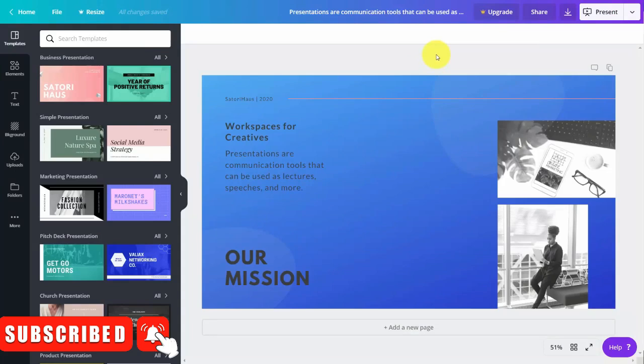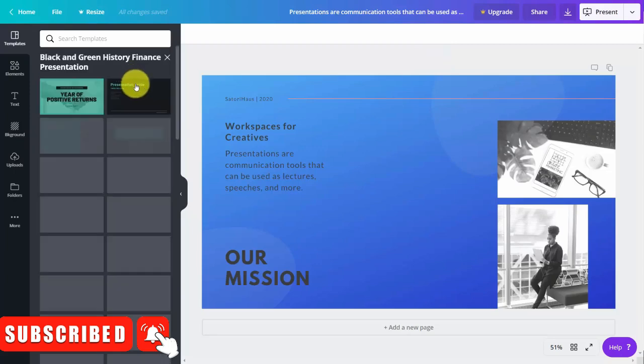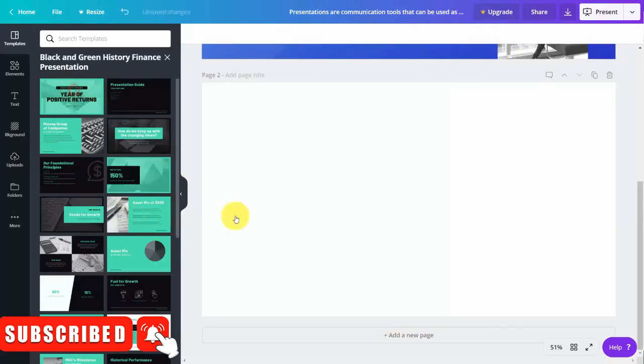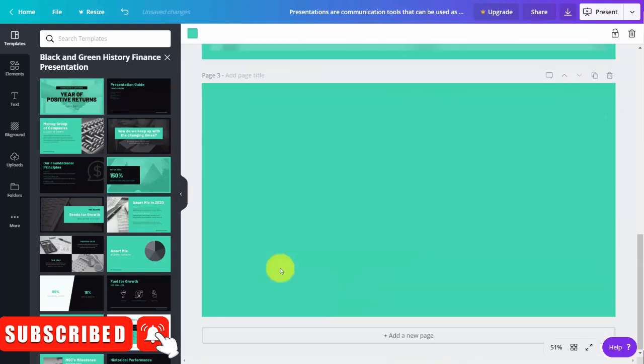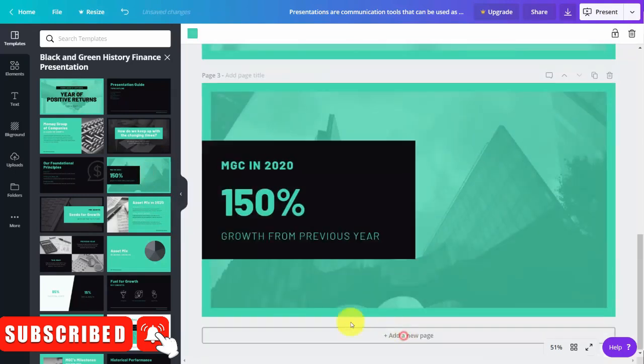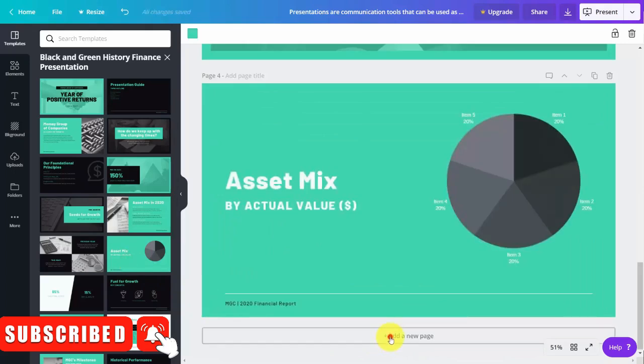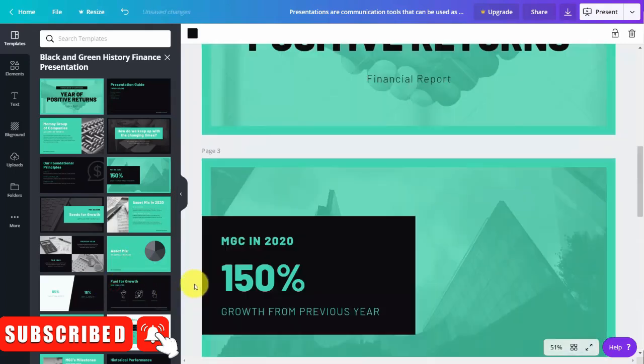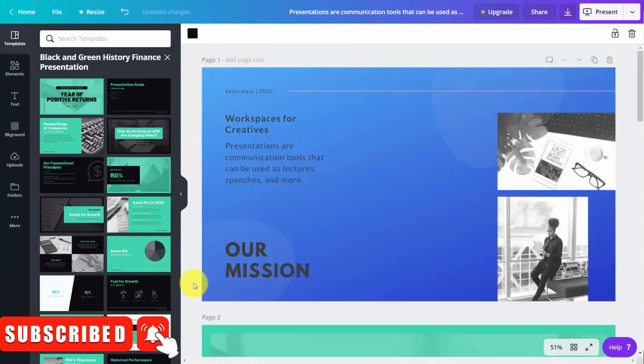Welcome back. Now, one of the more interesting output options you have is to output to a PowerPoint presentation. One of the things that highlights this is seeing a multi-page document. So in this case, we're going to add in a page. We're going to add in another page. And we're just going to add in more pages. Now what we're going to do is output this entire document into a PowerPoint presentation.